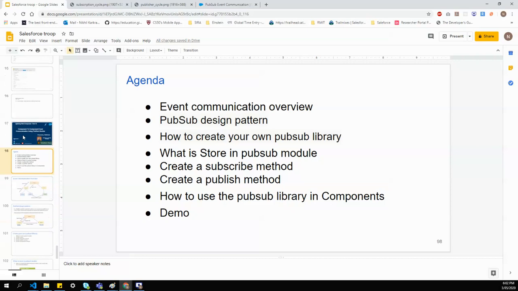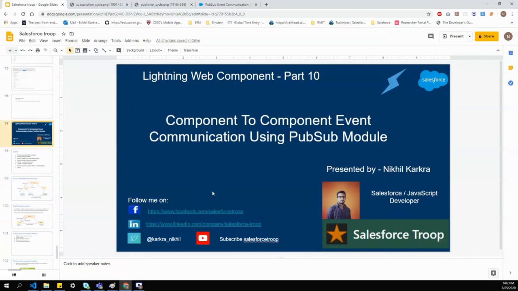Apart from that, we have covered an overview of all types of communication. We have seen basic communication, then we have built a bigger project like the accordion one, in which child 1 is passing an event to child 2, which is listening to that event, and based on that it performs some action. So it's a pretty interesting topic we covered today.